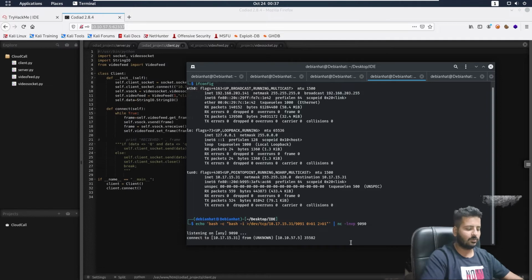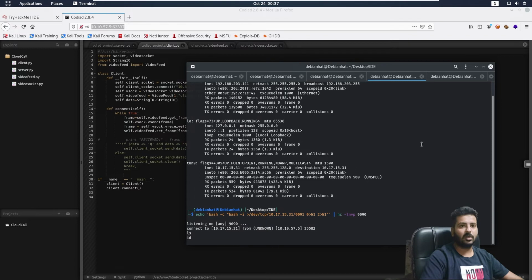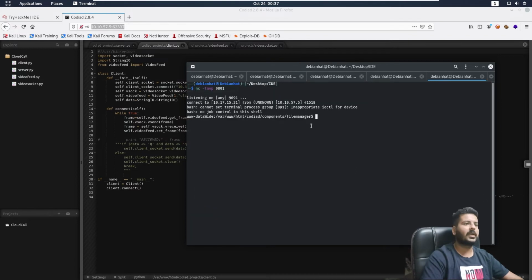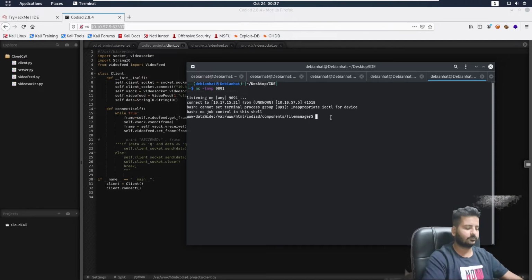Therein, if I try to run commands over here like this simply, this would not run, but once I get there on port 9091, therein I have got the reverse shell over here. So as you can simply see, we are www-data@IDE. So what I can try to do, I can try to move on to home.